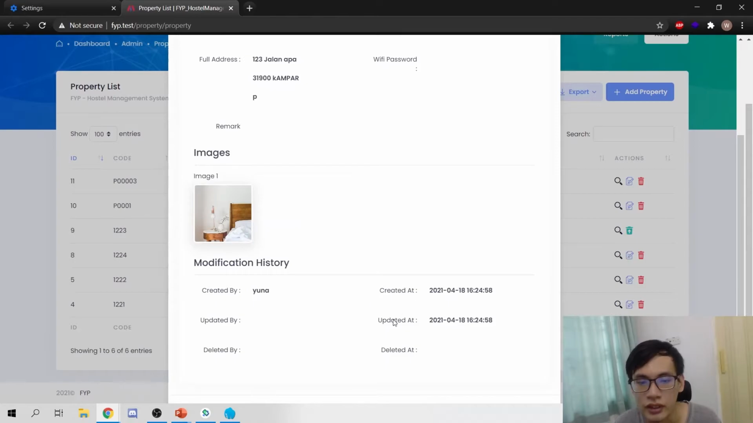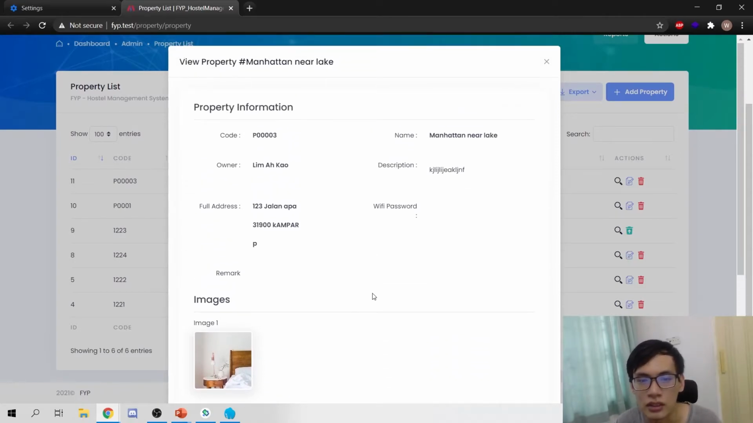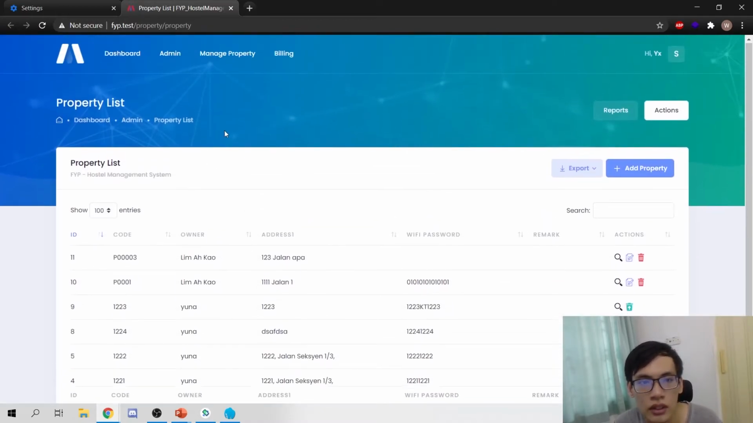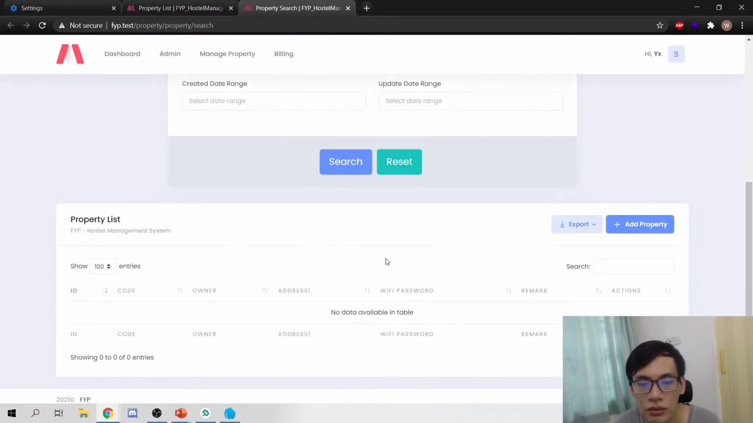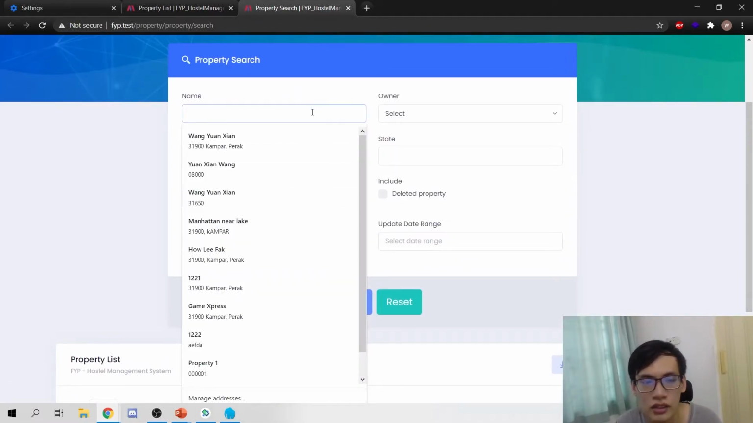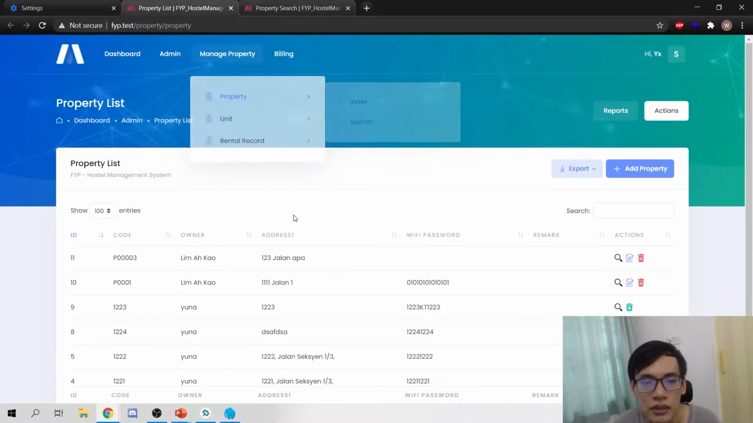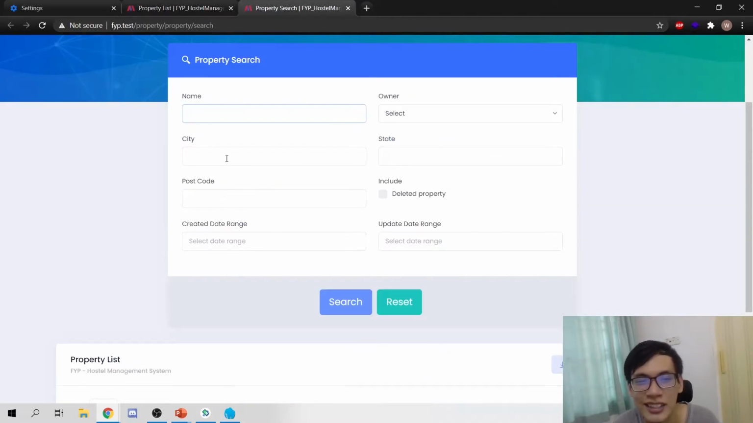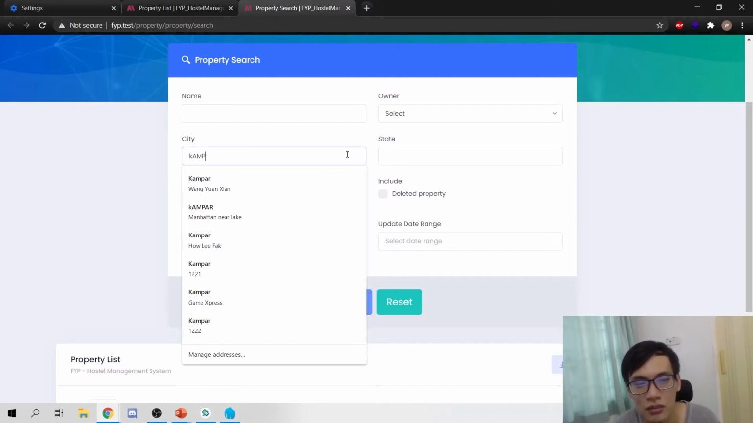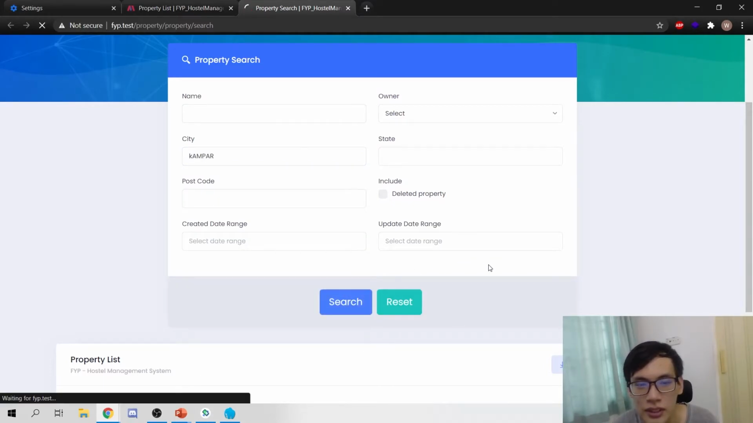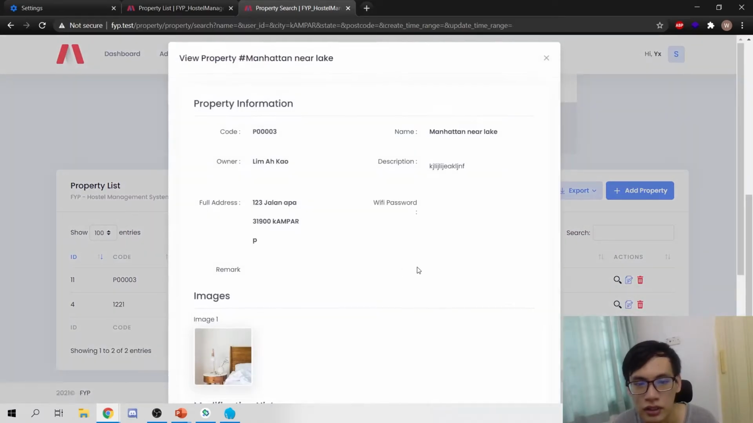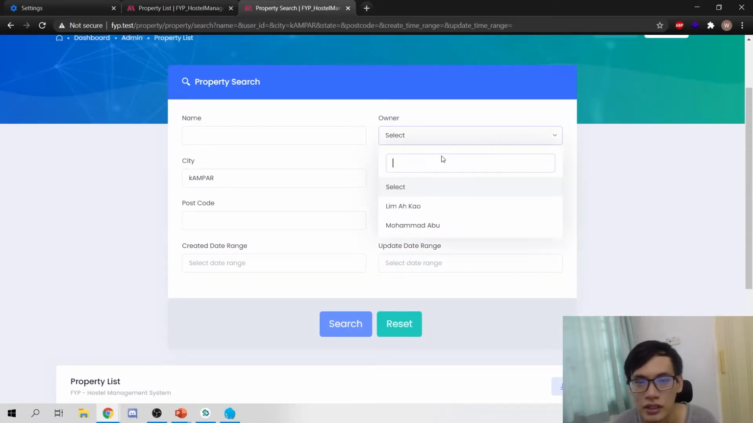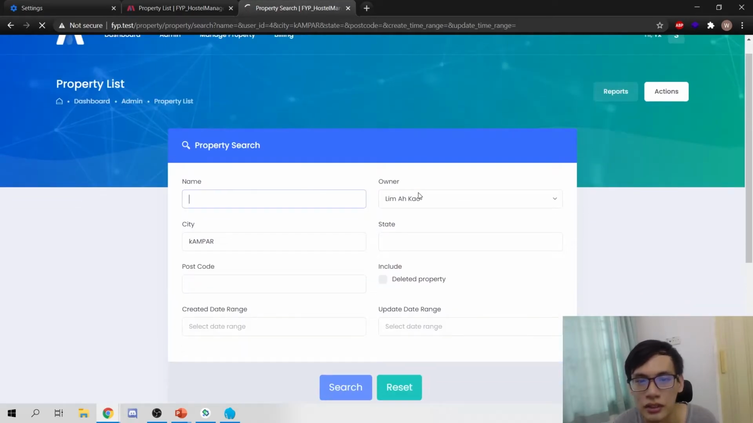So when it is created and when it is last updated. So this is basically the basic information of the system. I can also search for the property information here. Default is the no data disabled, so I can search for, for example, what I read just now. I want to search all property from Kampar, and then I just search. And then it will display all the property from Kampar,